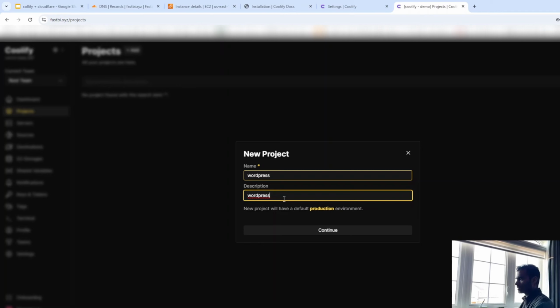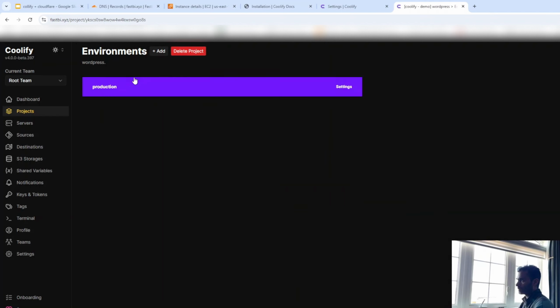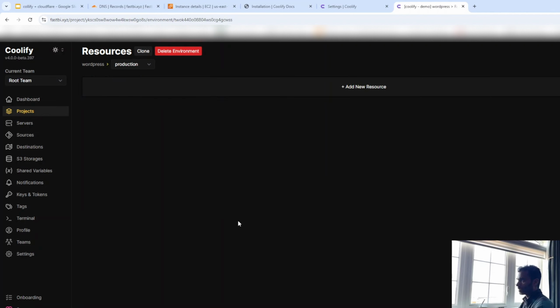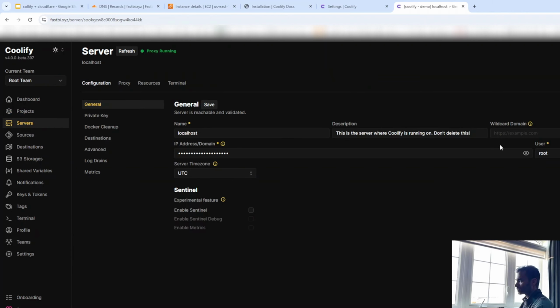So I want to install and test a WordPress installation so that it will be correctly mapped to the domain. So let us do the, okay, it is already there. Okay, WordPress production. Before that, I will go to the servers and check the localhost and